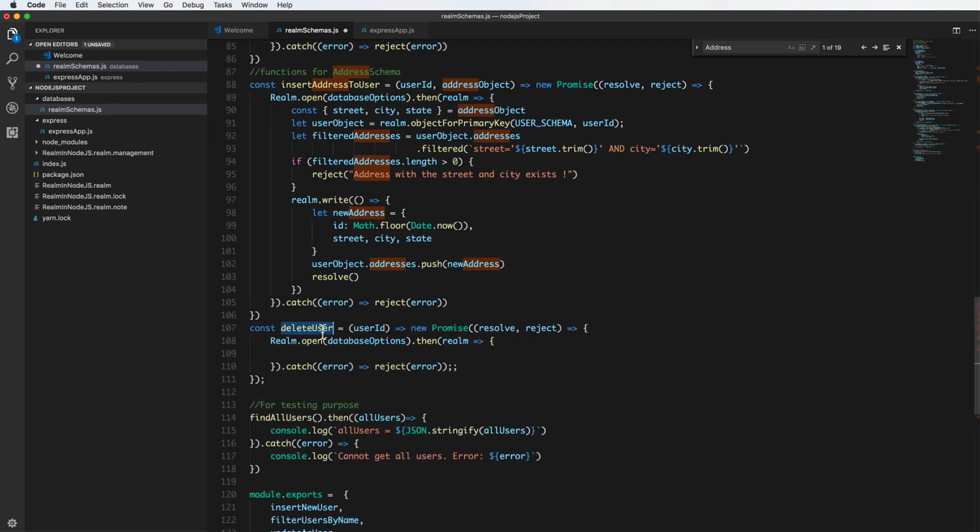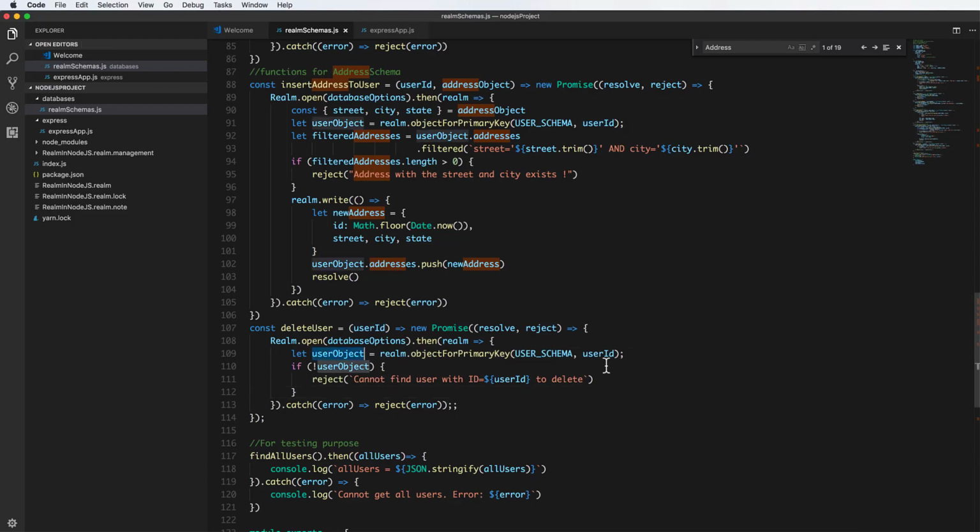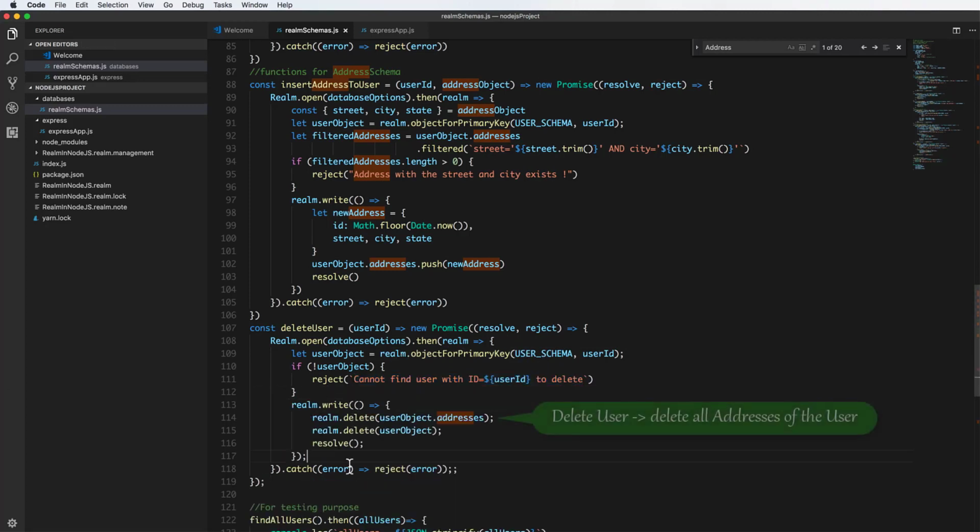Now we come to this, and what about it? How to delete a user? Because one user has many addresses, you have to delete the addresses accordingly. The input parameter of this function is the user ID, and you search for the user ID here by calling the object for primary key. If the user object is null or undefined, you can reject with the message that it cannot find the user with this ID to delete. Otherwise